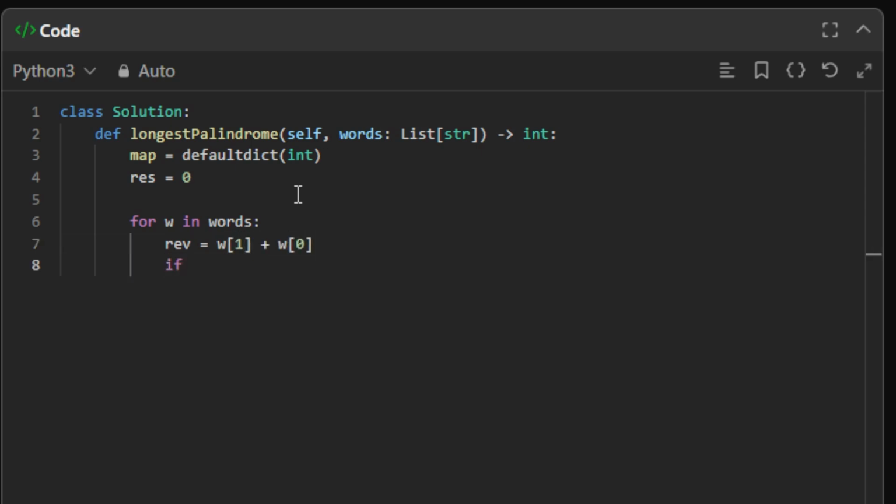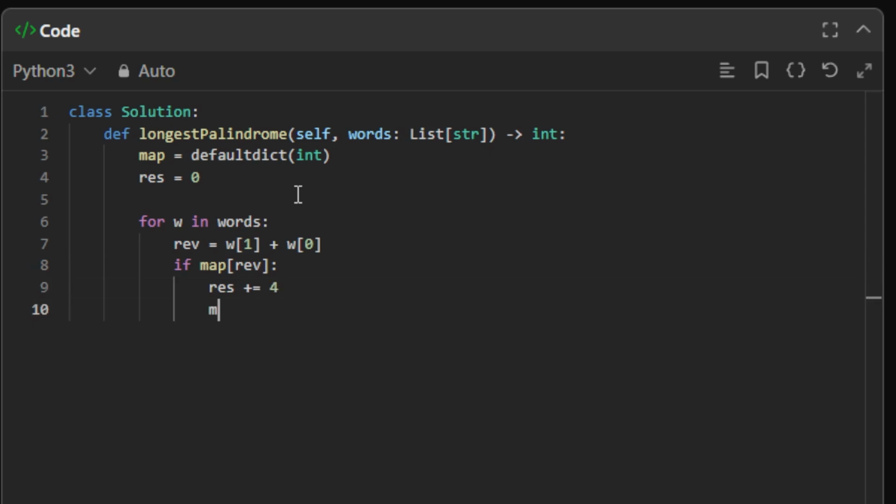And if we have this reversed word in the map with a count greater than 0, so if map at reversed, we add 4 to the result and we subtract 1 from map at reversed,